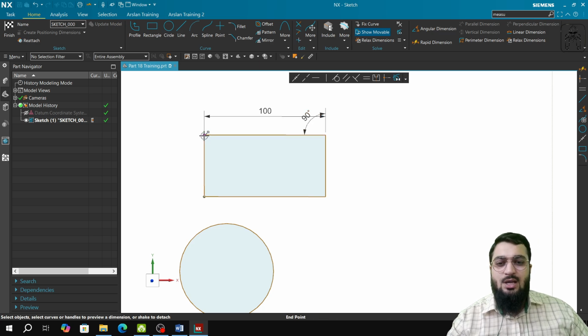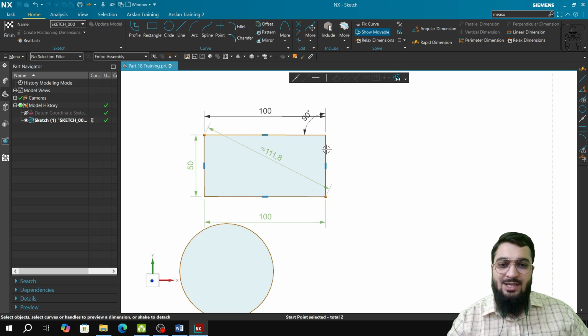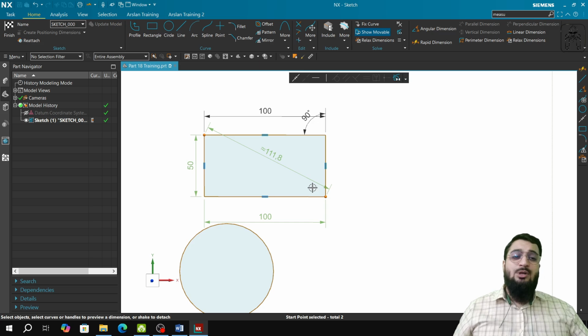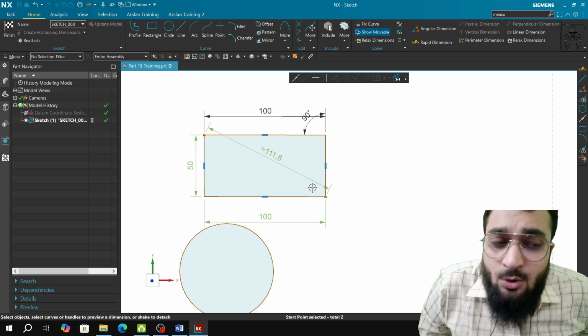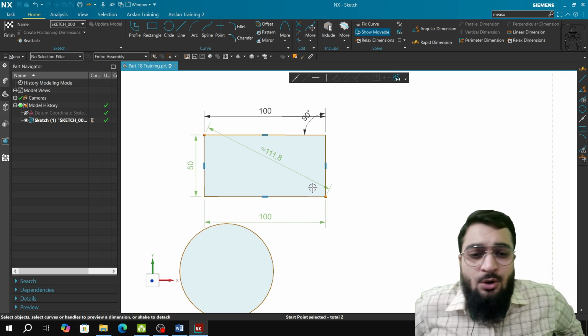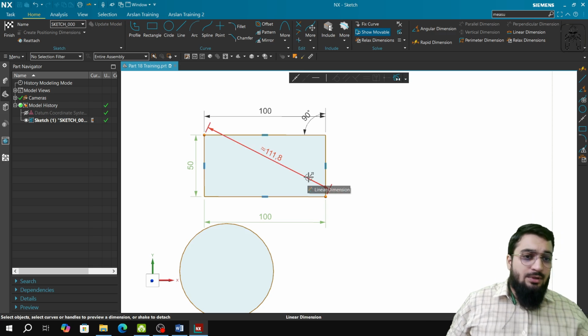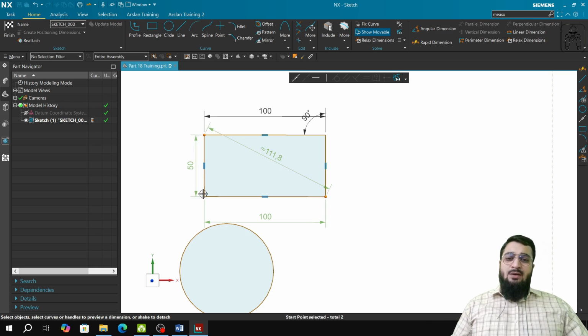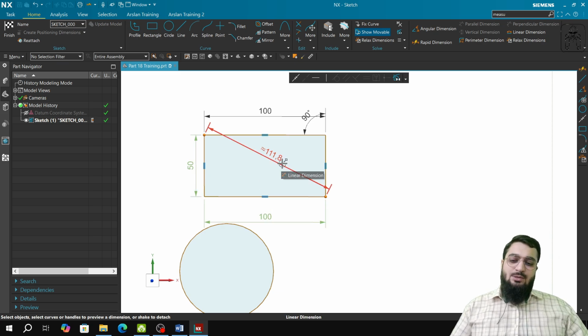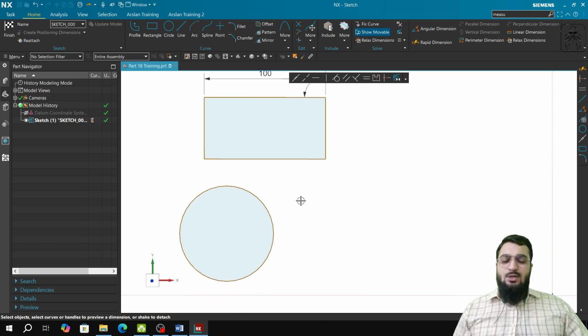Okay, so now if I want to give a dimension between these 2 points, you will see that after selecting these 2 points, without selecting any dimensional tool like rapid dimensioning or linear dimensioning or anything like that, you will have the option of dimensioning it. You will have y-axis, x-axis, and the diagonal. Similarly,